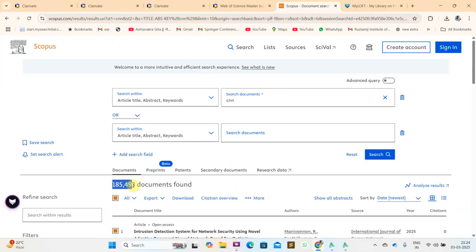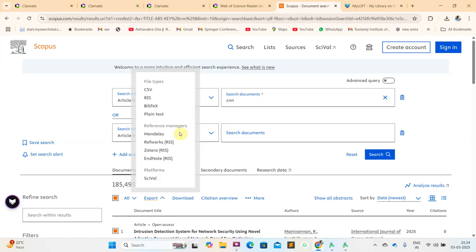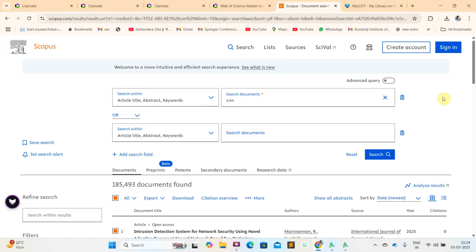In the search result there are this many entries. After that you need to export these entries. Select all here. In selection there are options, select all and select this page. But if you select only this page, you will get 8 or 10 entries, but for good visualization there should be more entries. So this figure is good, so select all and export CSV. I've already done it, so I'm not doing it again.